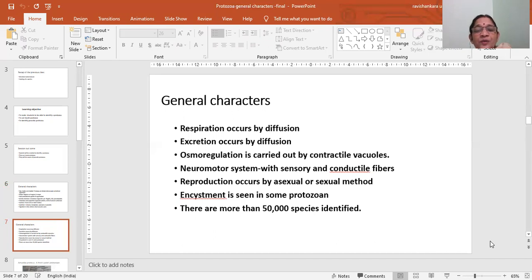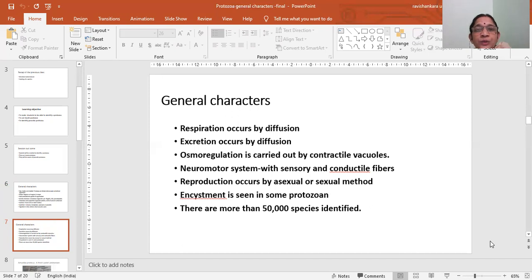And the cells of protozoan animals also excrete. Excretion is the throwing out of the nitrogenous metabolic waste. Usually, aquatic animals produce ammonia as the excretory material and expel it out through the plasma membrane by diffusion. Otherwise, the toxic content will destroy the animal. So, throwing out of the excretory material is a common phenomenon in aquatic animals.